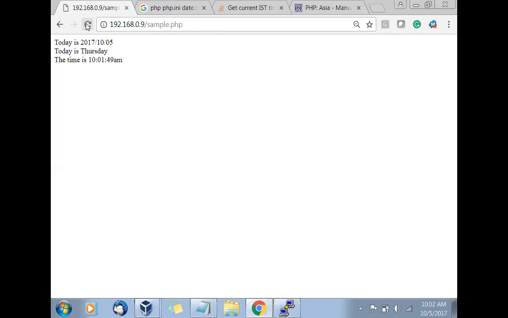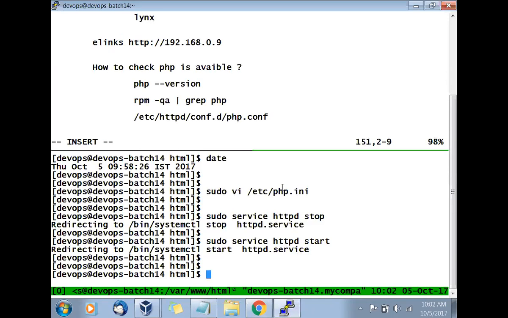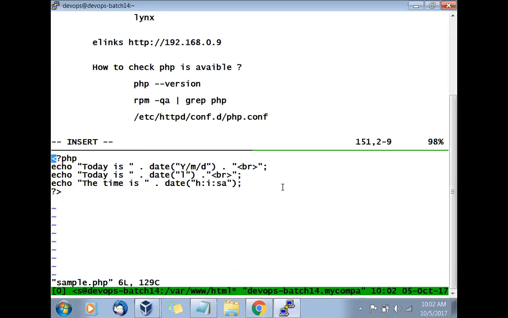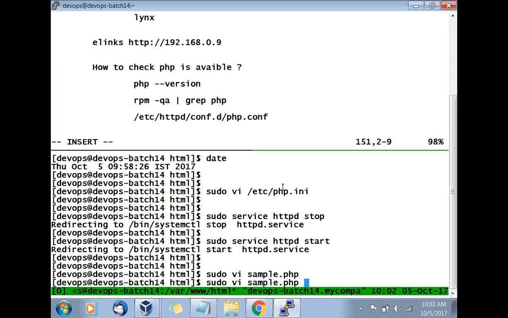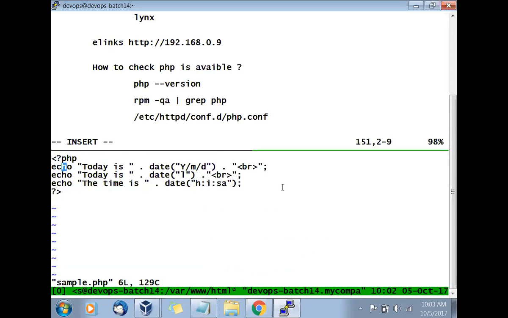Now let's make a deliberate mistake in the PHP and see that. So I'll open sample.php. Now what I will do is remove a semicolon here.